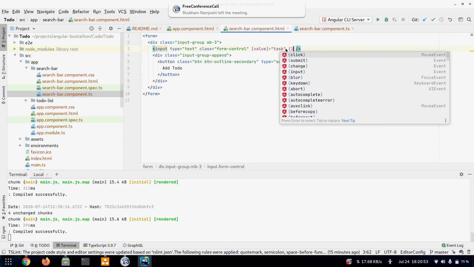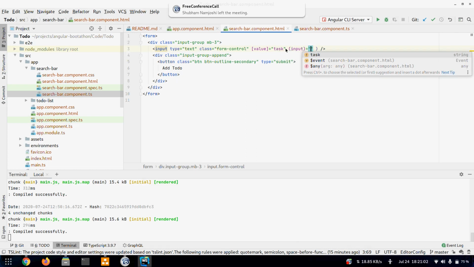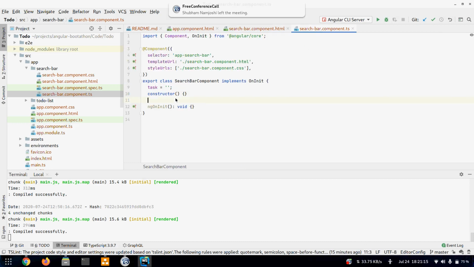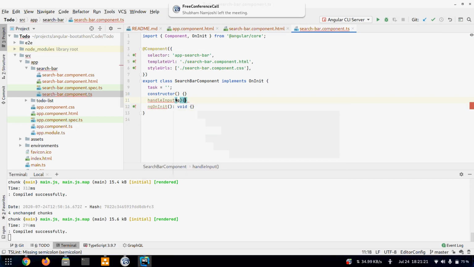So I'll bind the input event. Whenever we get input, I like to call a method like handleInput. It's complaining that no such method exists, so we'll add a method handleInput, and it gets called with some event.